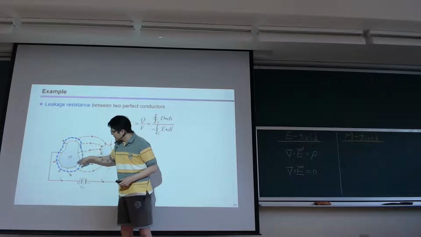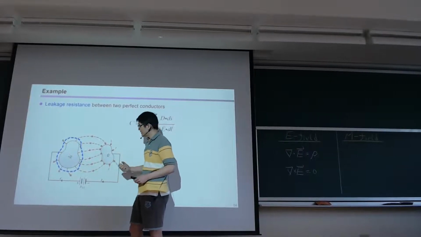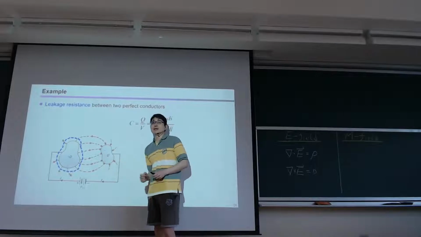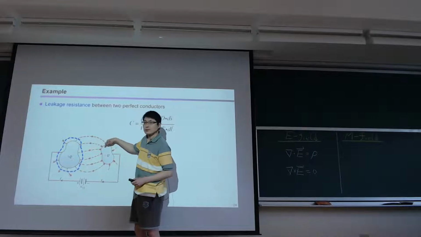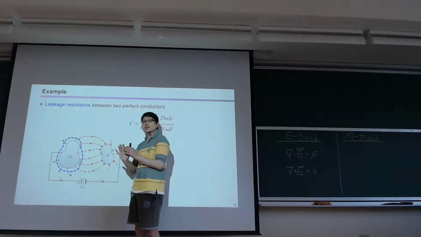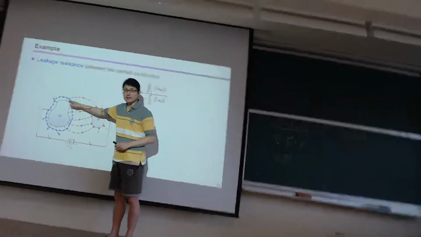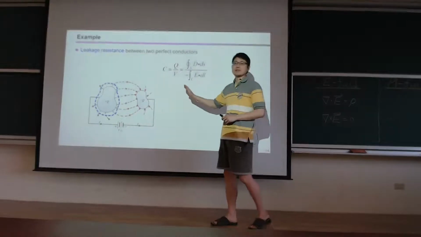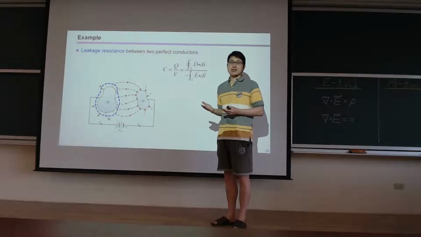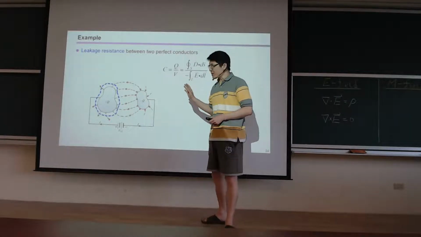So therefore, the conductor connected to the positive end accumulates positive charges, and negative charges are accumulated on the other conductor. So we know the E field lines are generated from the positive end to the negative end. And if you pay attention to the details, all the lines are normal to the conductor surface, locally. We understand the simple system as a battery or as a capacitor, and we know how to calculate the resulting capacitance. But now the question is, what if